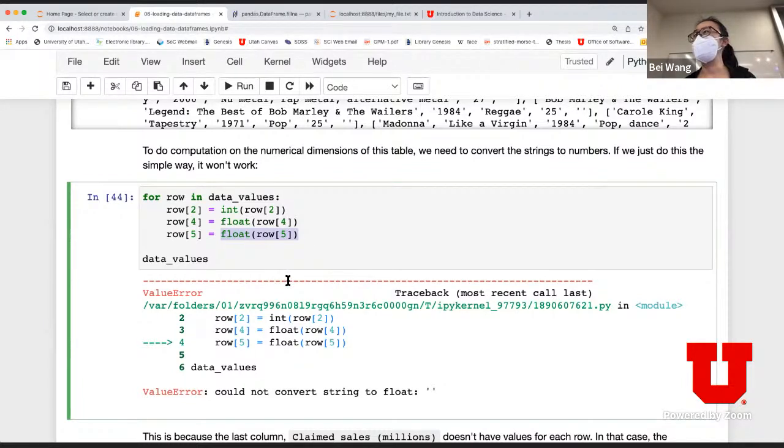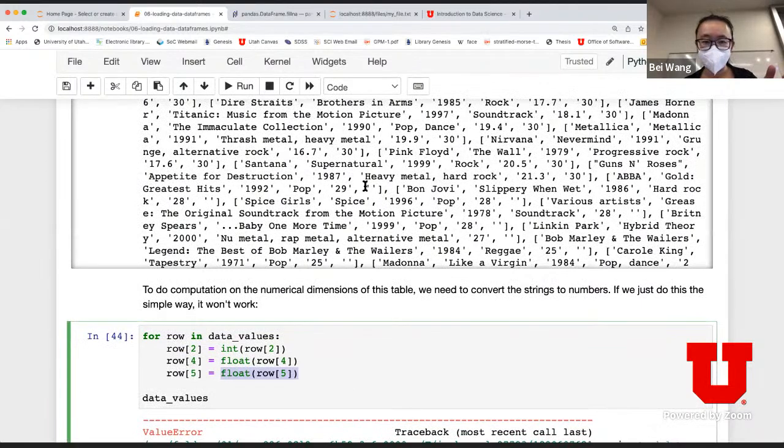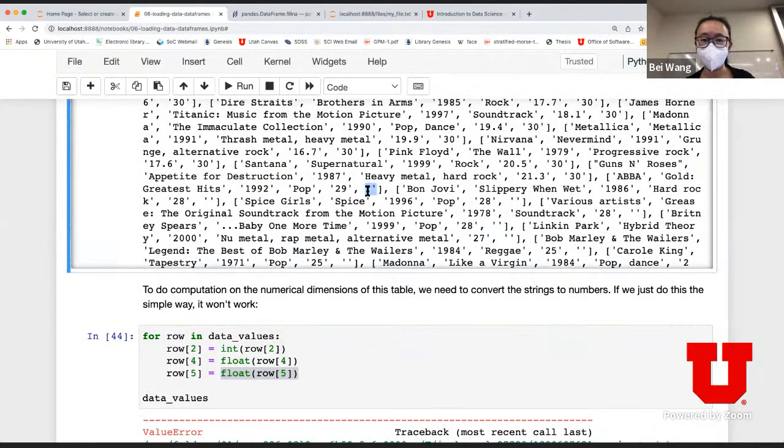So you can do a type conversion, but you can't do direct type conversion when there is a missing value. And this is a common mistake, right? Because when you have a table given to you, you assume there's no missing value, so my type conversion is going to work. But if you actually look at the records, for example this particular record, the last field is actually empty. So you cannot do a float conversion.